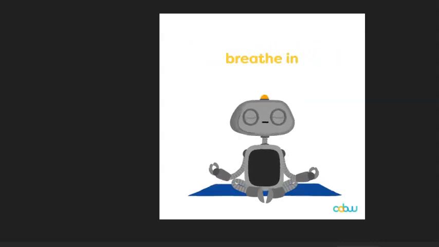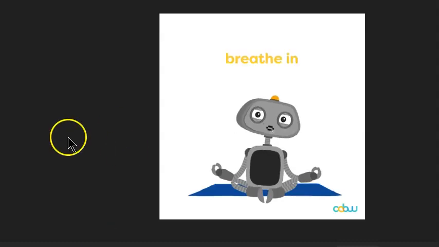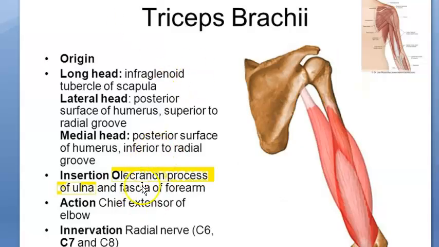Breathe in. Breathe out. Okay, good. So now let us continue. We are looking at what? The textbook portion of this. Okay, so origin we are done. Now let's go to insertion. Now insertion, what does the textbook say? Textbook says that